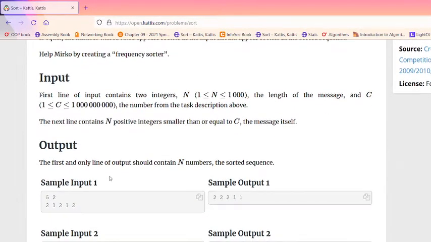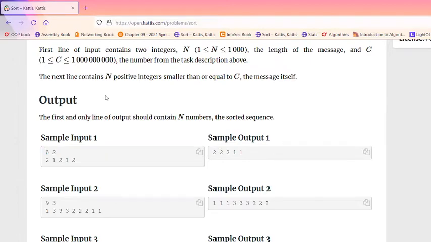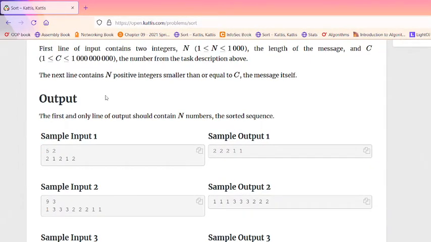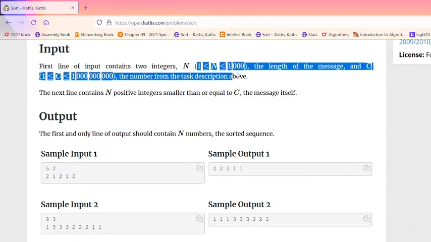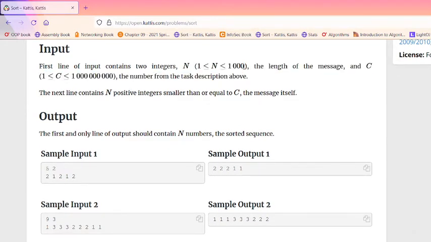They're going to give us two numbers in one line, the first one being how many numbers are in the second line of numbers. As you can see here, that number will be between 1 and 1,000. And then the second number in the first line,